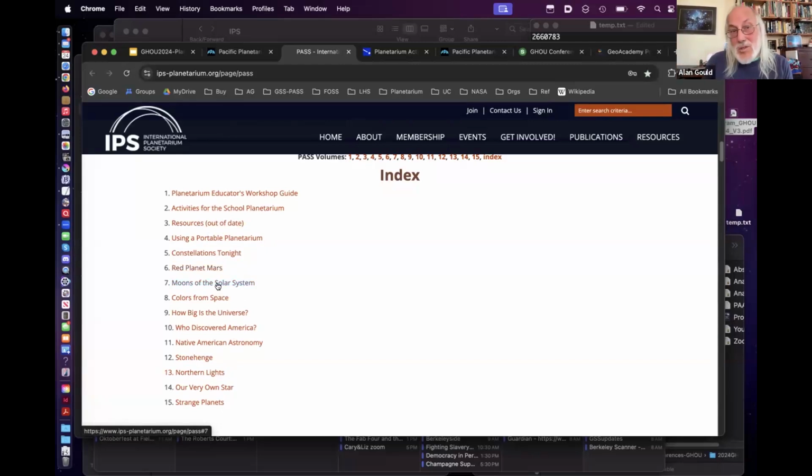Red Planet Mars and Moons of the Solar System are ones that have to be updated frequently. Colors from Space or How Big is the Universe? Well, those really should be updated. But in fact, all of these deserve to be updated because of advances in the field. The last one here, Strange Planets, was made as an education and public outreach project of